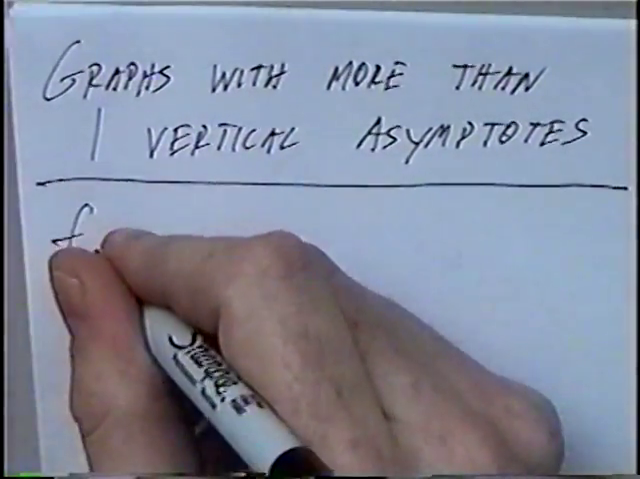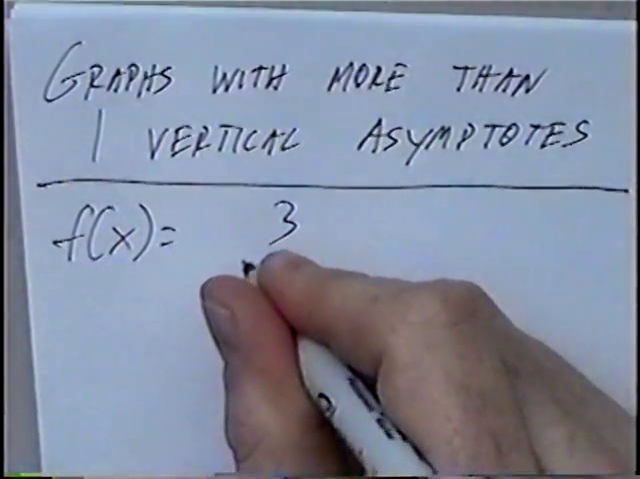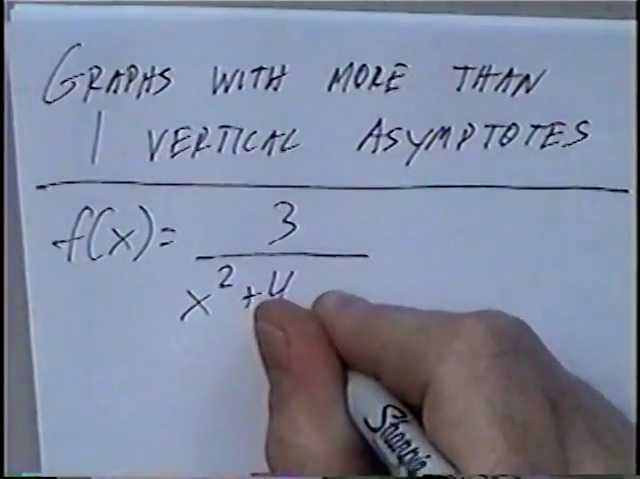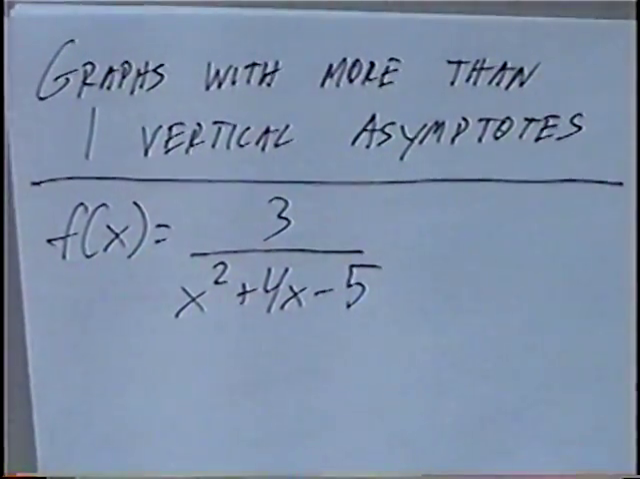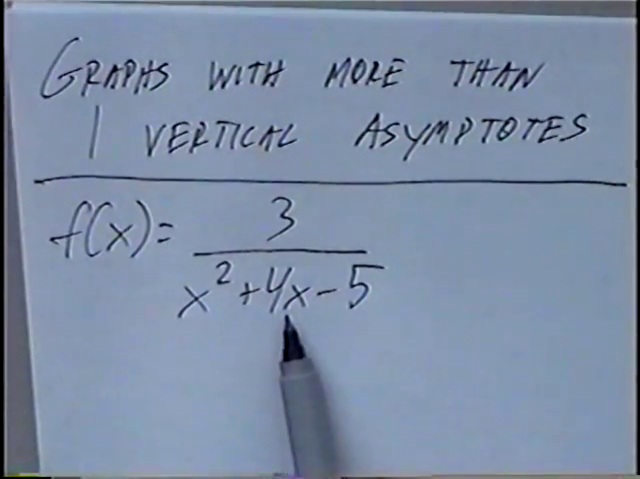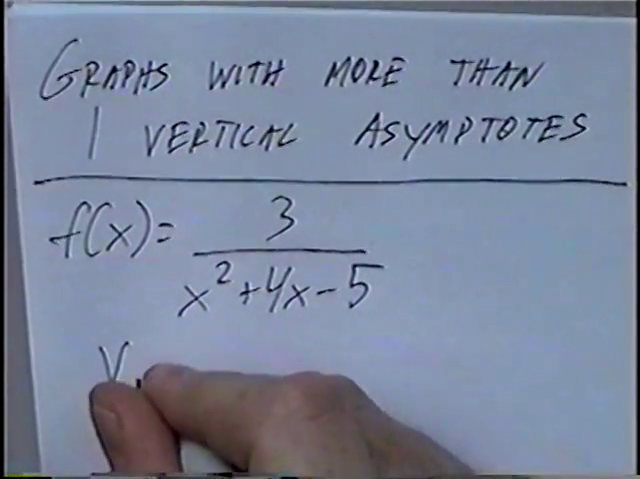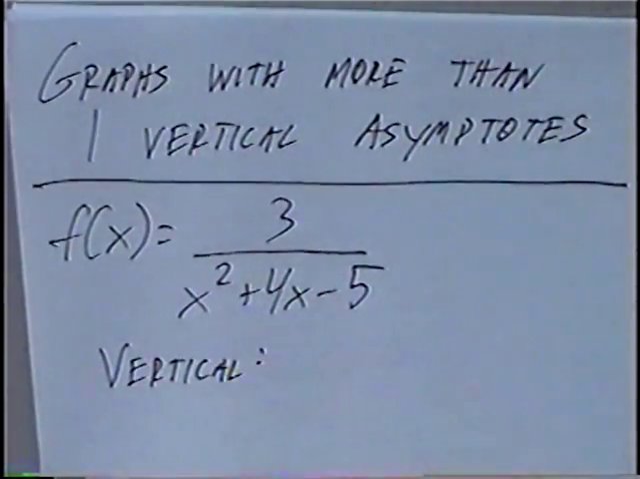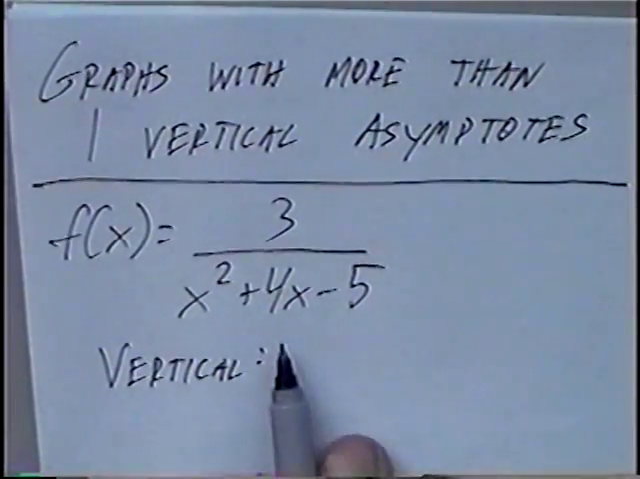First equation and only equation for the section, f of x equals 3 divided by x squared plus 4x minus 5. Again, graphing rational functions where we have variables or x's in the denominator. We can first find the vertical asymptotes. Find the vertical asymptotes where the denominator is equal to 0, which in this case